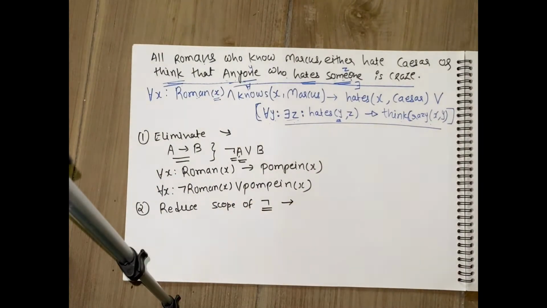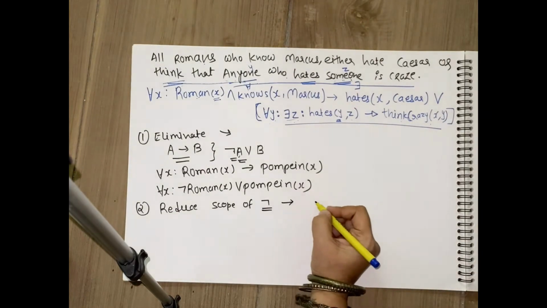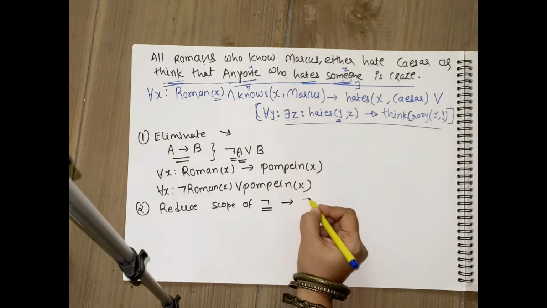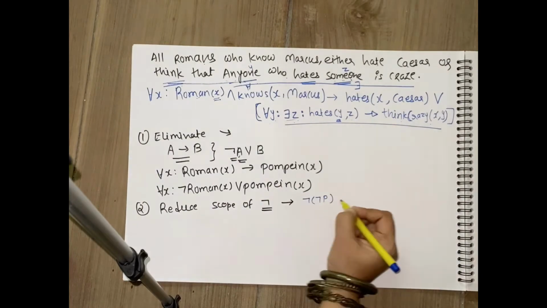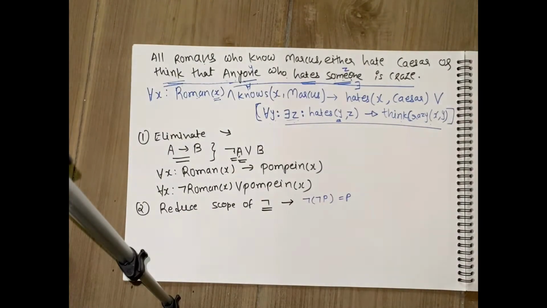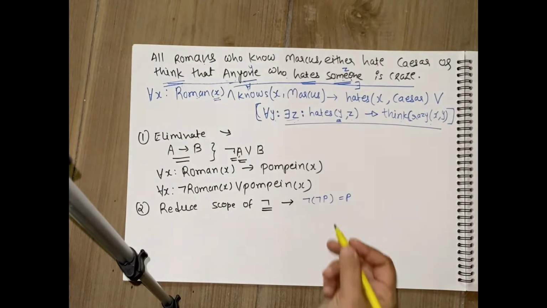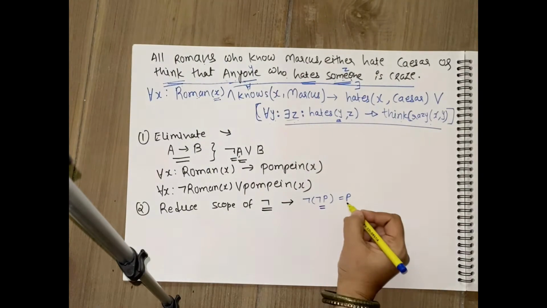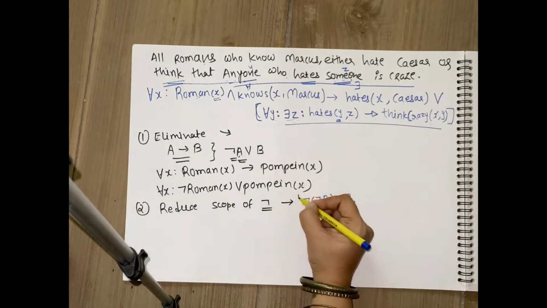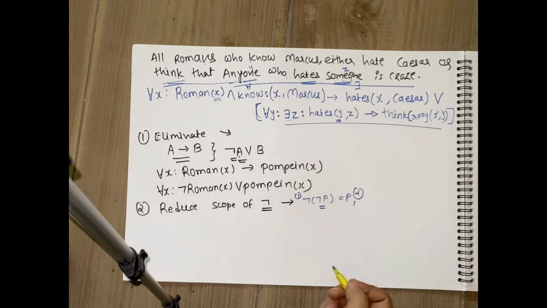For applying this, what you need to make sure is, suppose not is applied to not P, then it is going to be positive P. The first says, if you apply not operation to negated P, then it will be converted to positive P. This is the first thing. What does the second thing say? The second thing says De Morgan's law. The second thing we are going to apply is called De Morgan's law.